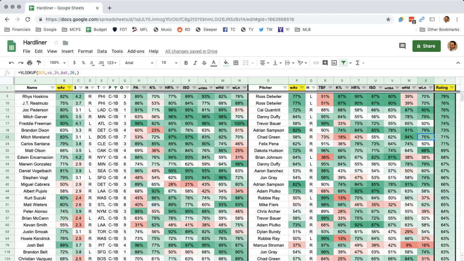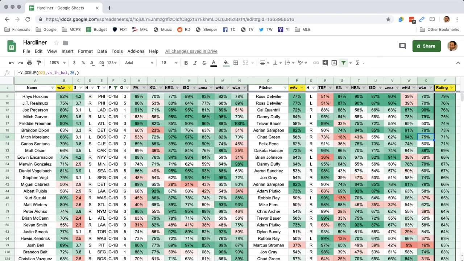Detweiler again can't do anything right except for limiting hard contact, but that sample size for Detweiler is pretty small, so he could definitely see that number tick up. And other than Realmuto striking out a lot against lefties, well, I wouldn't say striking out a lot, but he's 53 for K rate against lefties. But everything else for the two of these guys is really good. So that Philly stack seems like it could be a good one, which we'll get to in a minute. But so far, we've talked about Realmuto, Hoskins, Segura, Maikel Franco.